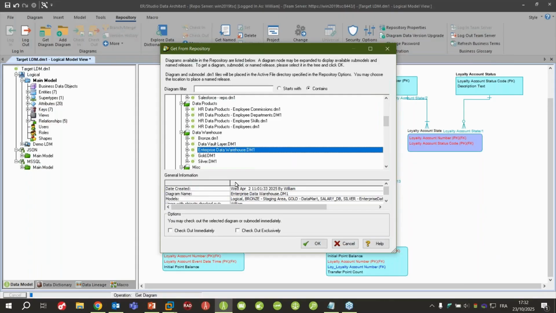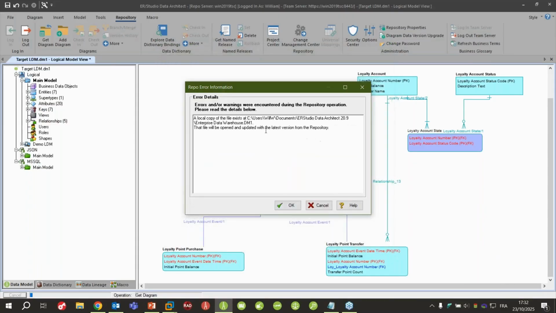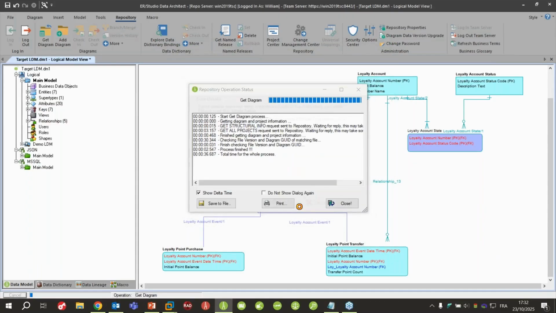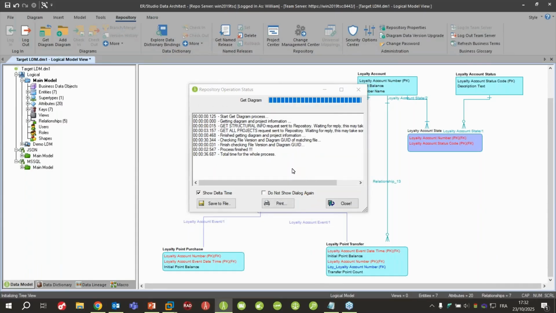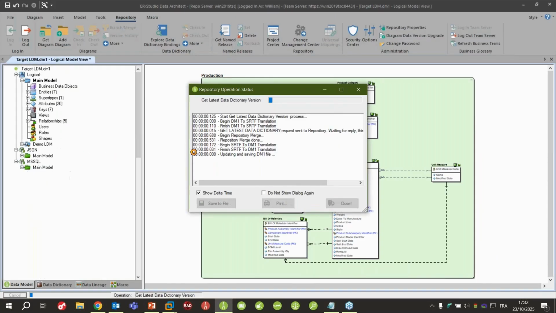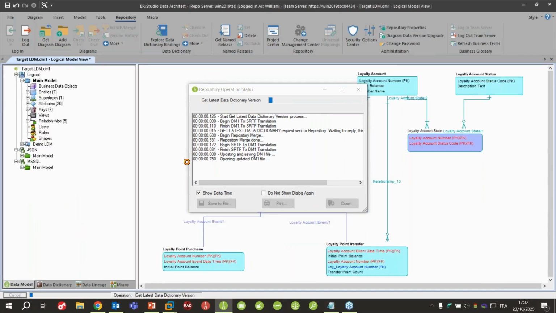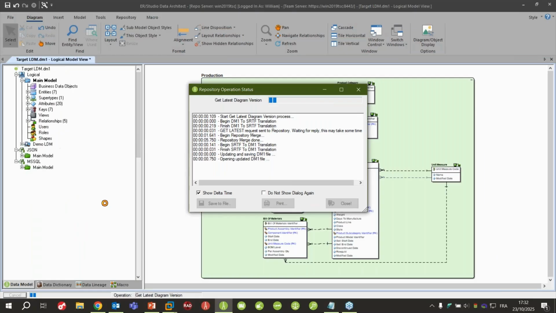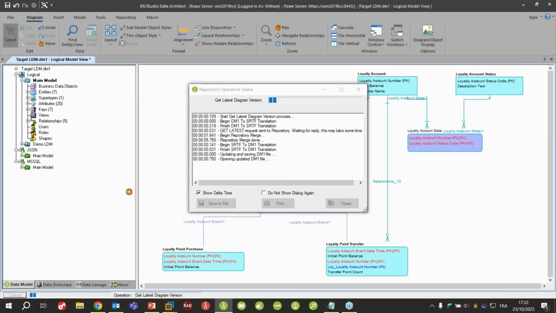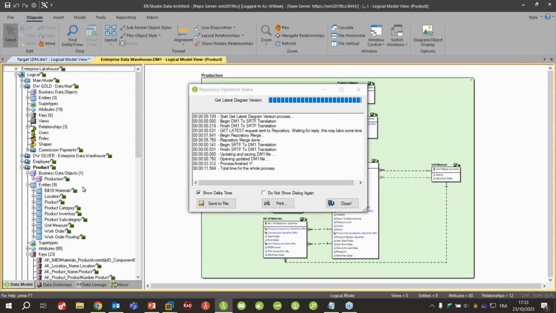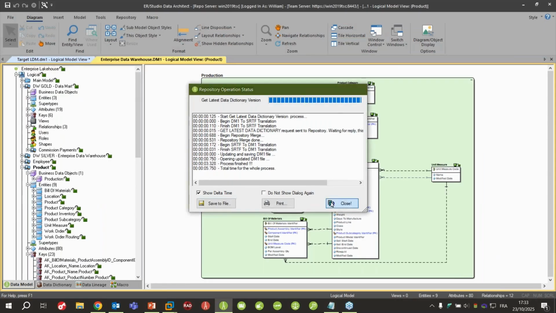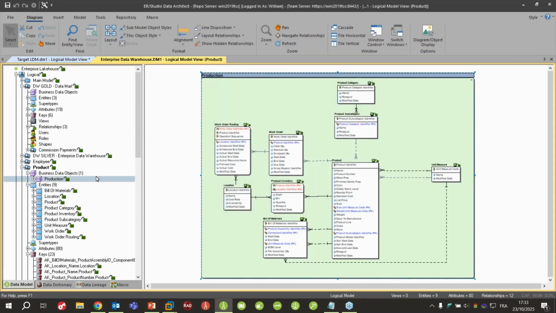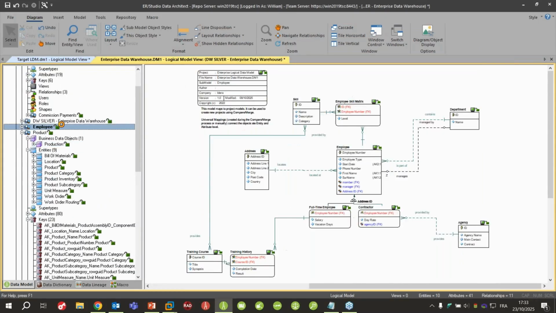I will get this enterprise data warehouse. I can directly get this project. I have already a local copy, so I will reuse my local copy directly. So with this project, we can see that when you open it, you will get the latest version, and I have a padlock next to my object because it has been shared across my repository. So it will be automatically visible, and I can do some updates because I have already checked out this specific project.